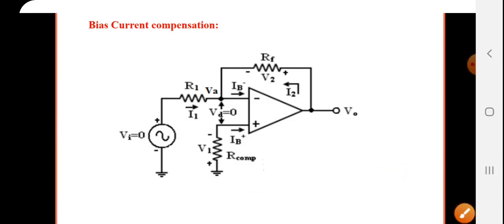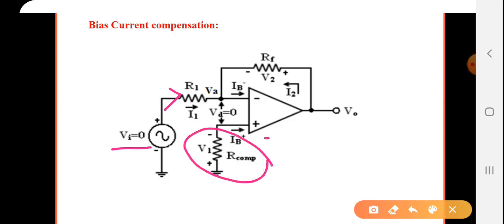Now let us see how it is going to compensate. Okay, so just watch the circuit once. This is Vi. I am not applying any voltage to the non-inverting terminal. I1 is the current flowing through the internal resistance. V1 is the voltage across the compensating resistor. This is IB plus, which is already given, and here it is IB minus, whereas I2 is the current flowing through the compensating resistor, and this is point A and this is point B. Okay, already we have seen VA and VB. VB is the voltage at point B. V0 is the output voltage.